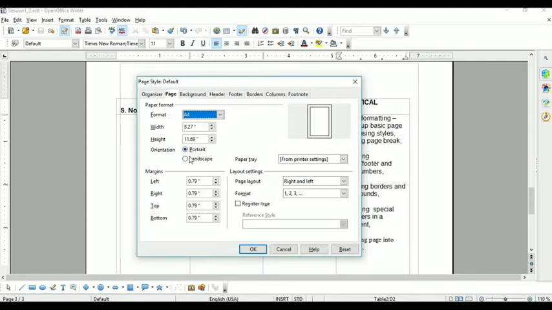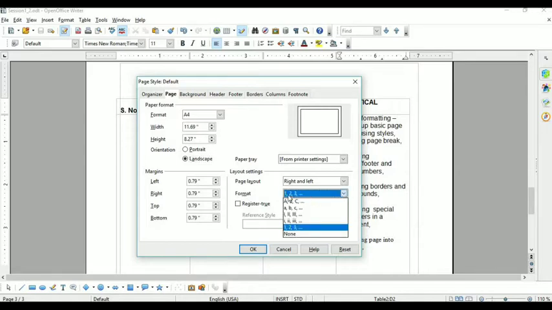Then orientation, portrait, landscape: select landscape here. Then the format of the page is like this: 1 2 3, then ABC, then Roman 1 2 3, Roman small 1 2 3, 1 2 3 like this. But this time the format is 1 2 3.